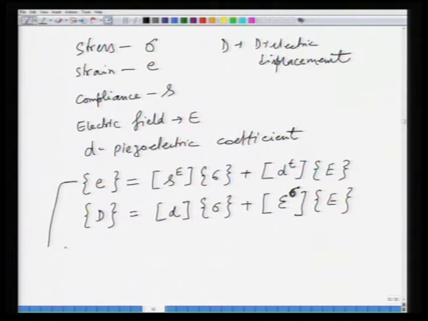So, this D basically is the matrix for... These are called coupled equations, okay, because they couple the electric field and stress effects. So, D here makes a matrix for